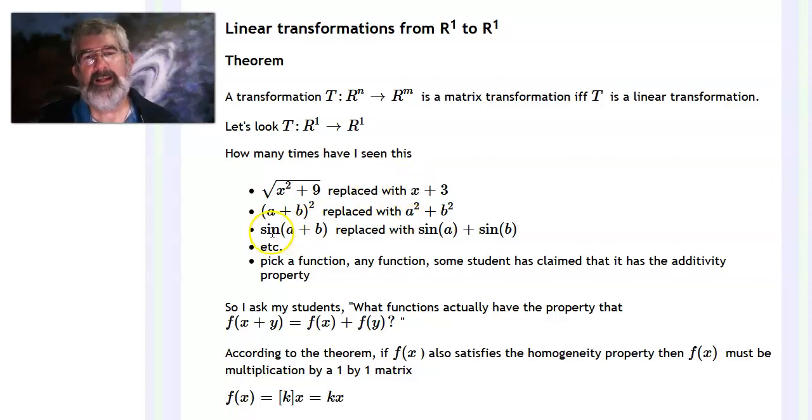They take (a plus b) squared and they replace it with a squared plus b squared because they think that everything has the additivity property. Sine of a plus b, they replace it with sine a plus sine b. Just pick a function, any function. There's a student that has said that it has the additivity property, that essentially the function distributes over addition, which